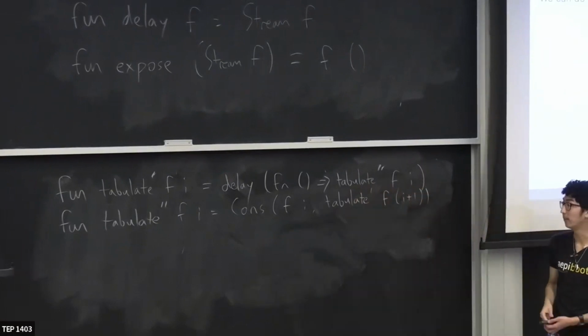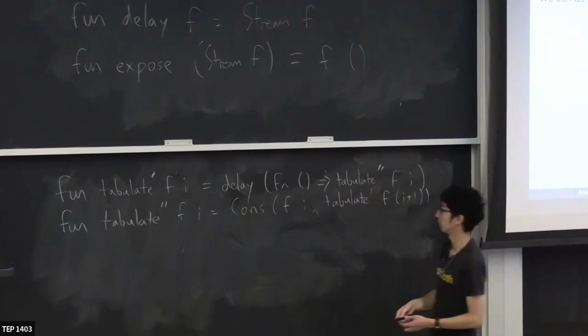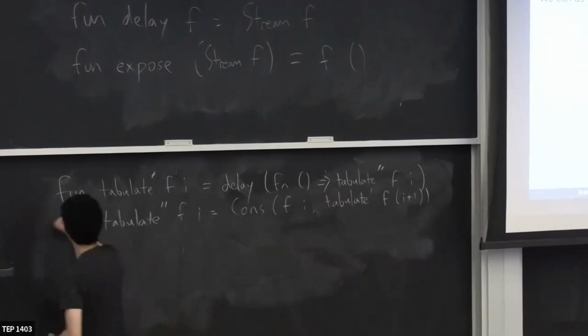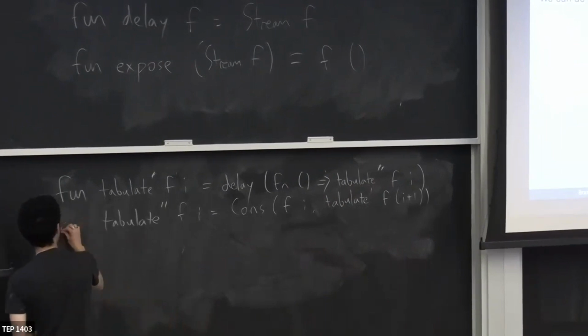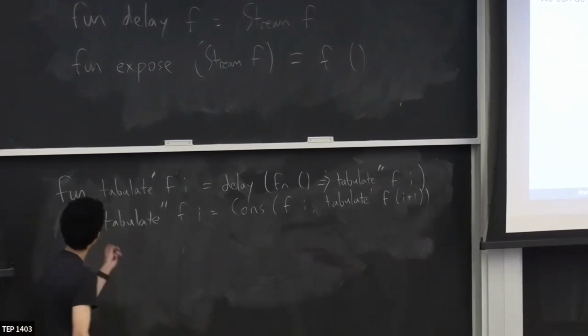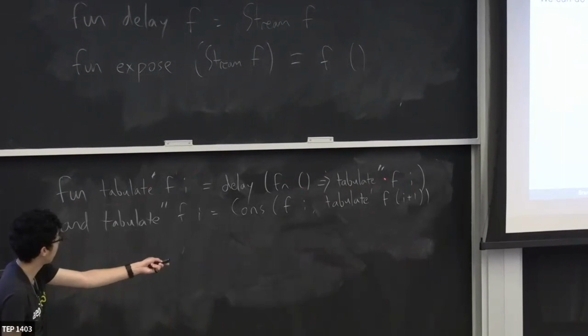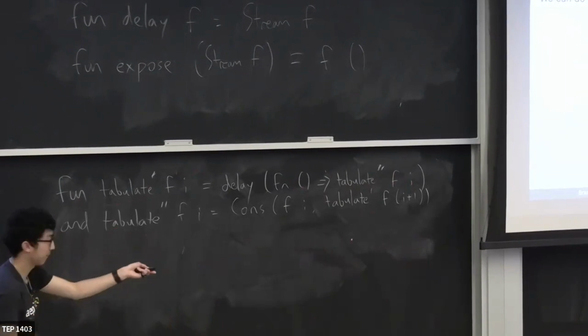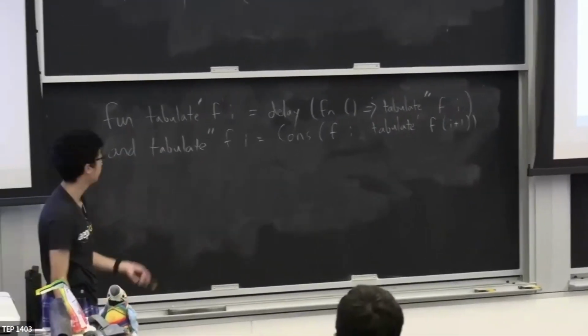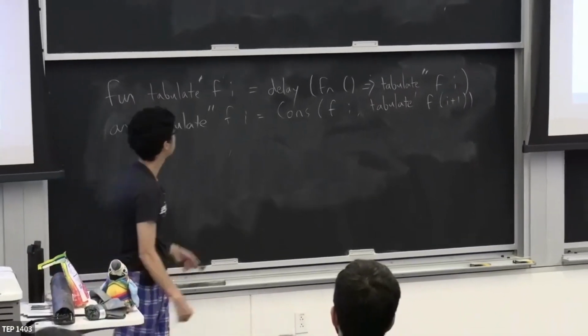Note the circular idea, okay? I need "and," don't I? Yeah. I need "and" so I can define them to be mutually recursive, because tabulate prime calls tabulate prime prime, then tabulate prime prime calls tabulate prime, okay? Mutual recursion, we just use "and," okay? This is the same idea as,